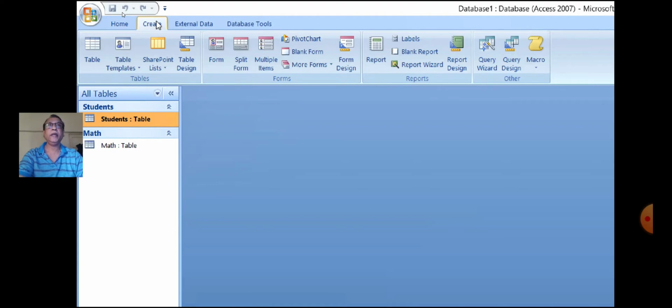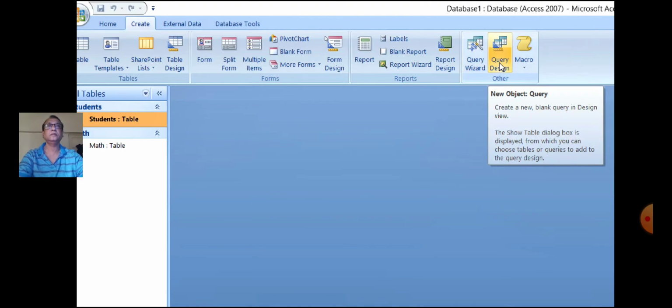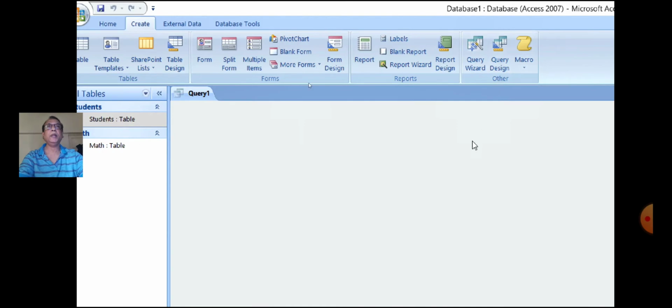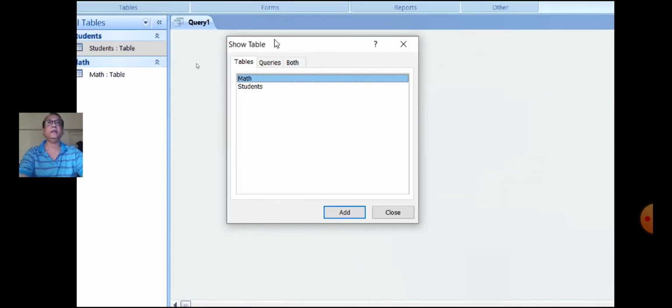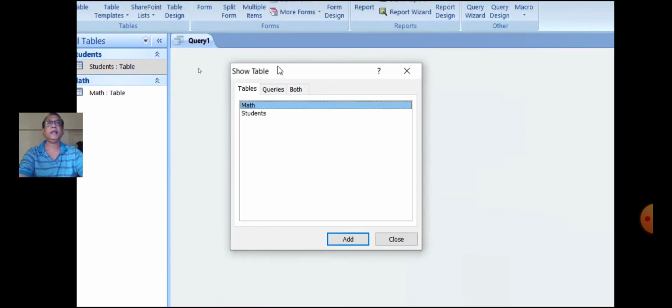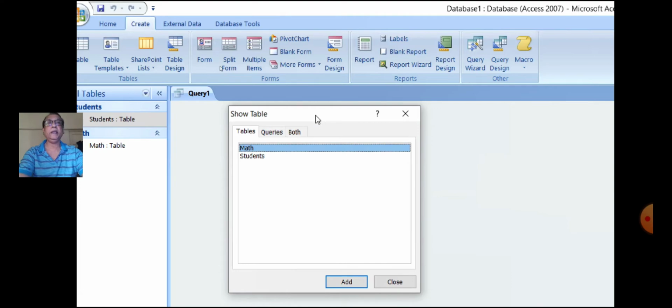Select the Query Design button. The Show Table dialog box appears at the bottom of the screen. Select the record source of your query either by selecting tables, queries, or both.